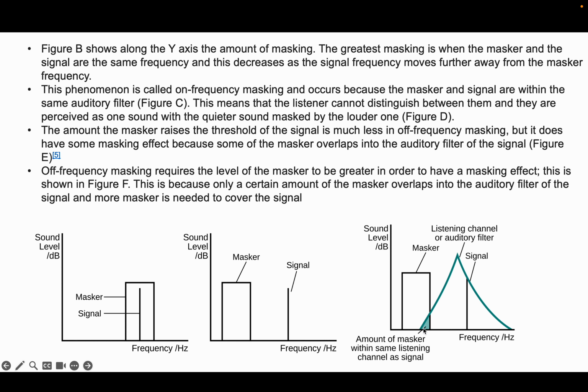And remember, as long as you're within this band, the masking ability is a function only of the intensity of the masking signal, because it's the same auditory nerve being excited, same neurons being excited for all of the frequencies within this band. So just a little bit of overlap.